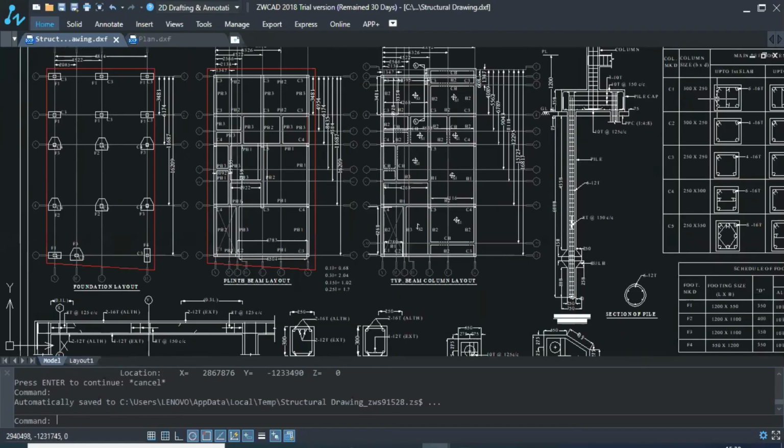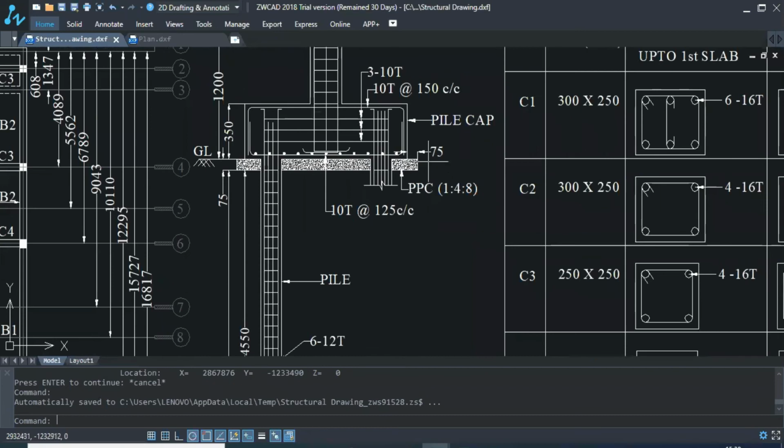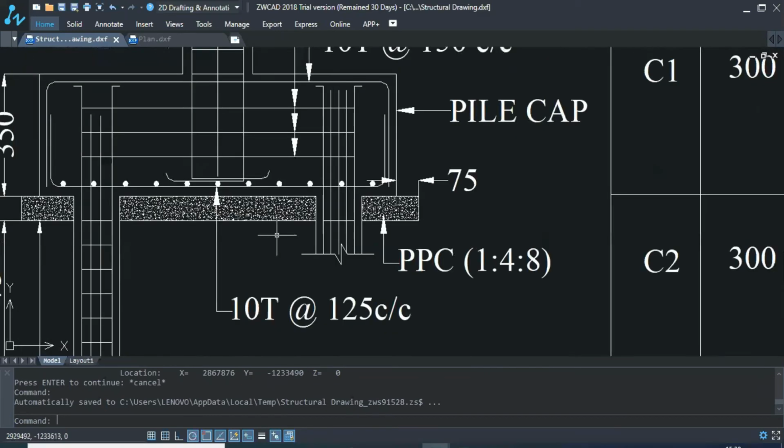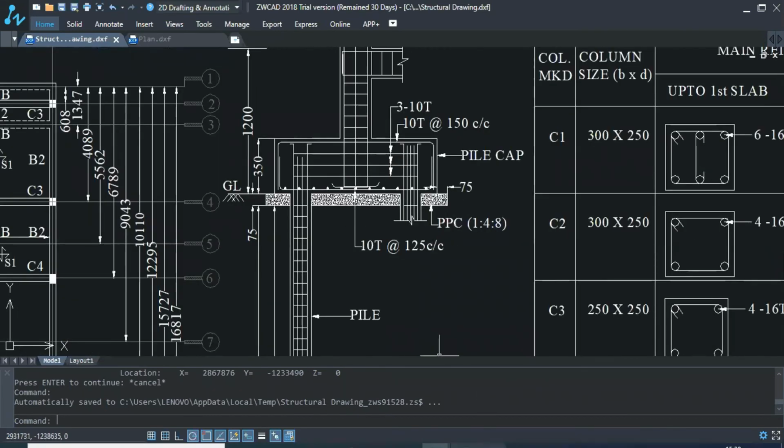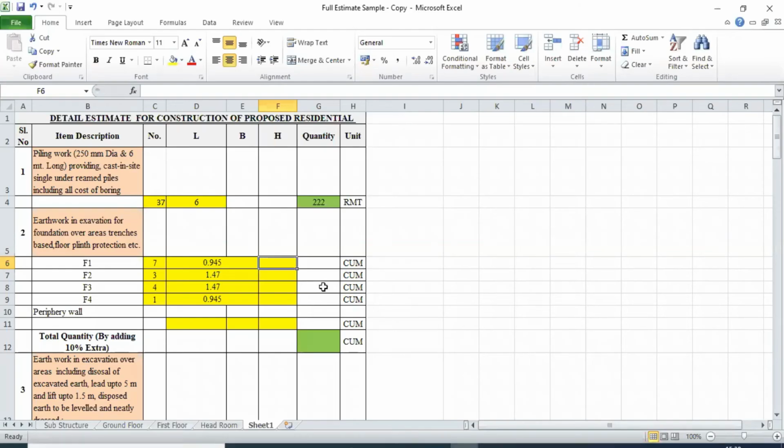Let me show you. We have 75 mm of PCC and 100 mm of sand filling. So here the height will be, we write, is equal to 0.075 plus 0.100.